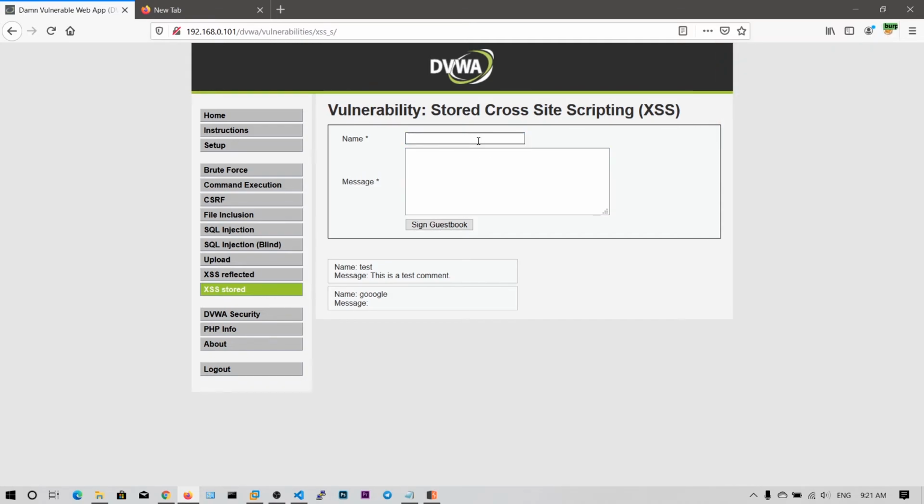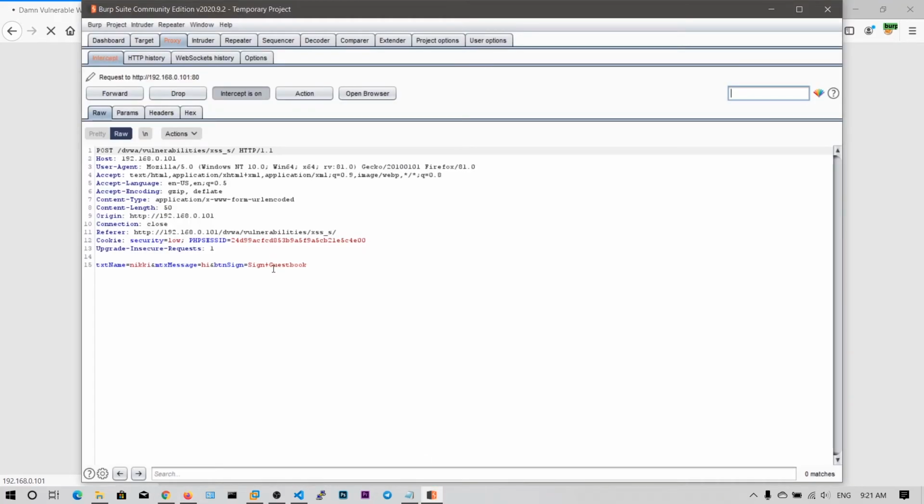So let me say Nikhil, let me say hi, signing this, and you can see the request here, and instead of this message hi, I am going to copy this here. Now you can see my full JavaScript payload has been pasted successfully. I can say forward.